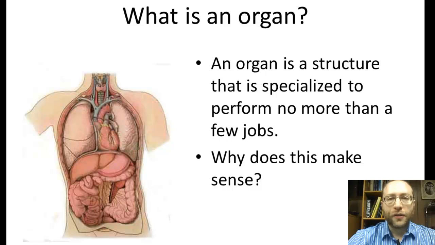Why does this make sense? Well, think even larger than that. Think in terms of the economy. Why do we have specialized people to make things like shoes? If we didn't, everybody would make shoes, and you wouldn't get the same quality, nor would you have time for doing everything for yourself. So in the economy, everybody specializes in a particular job. In the body, we have organs that specialize in a particular job.